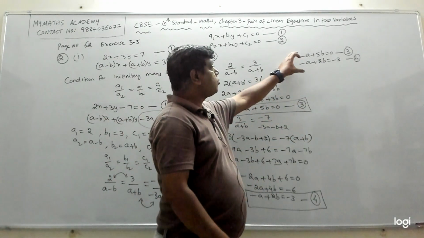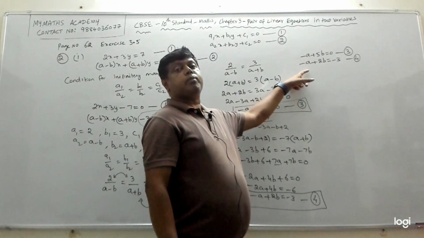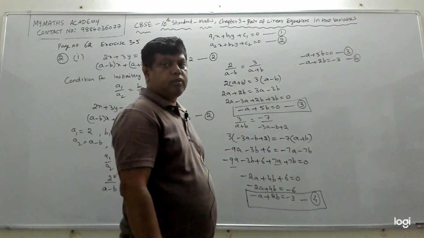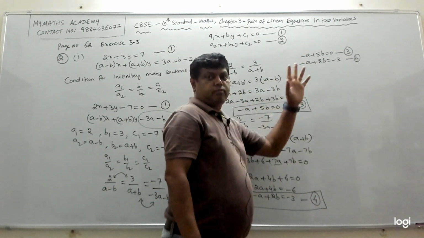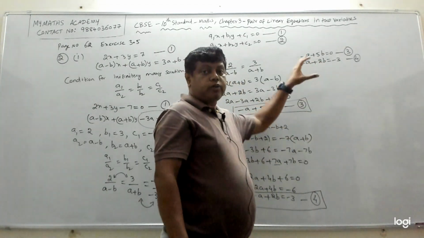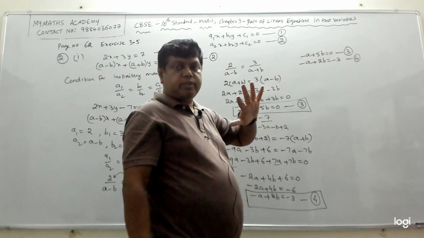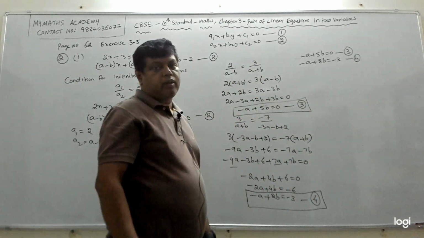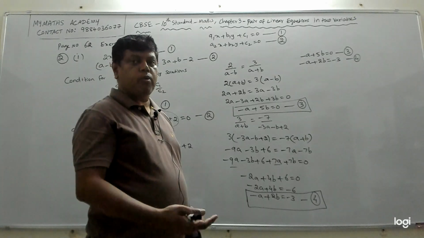See, this itself is looking like a linear equations in two variables. Here the variables are a and b. We have to solve and find the value of a and b. Instead of x and y, we have a and b. Now we need to solve these two using any one of the methods and then find the value of a and b. So I told you the easy method will be elimination method. So we will solve by elimination method.